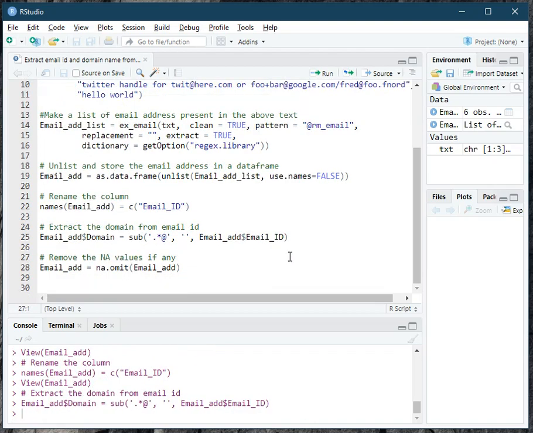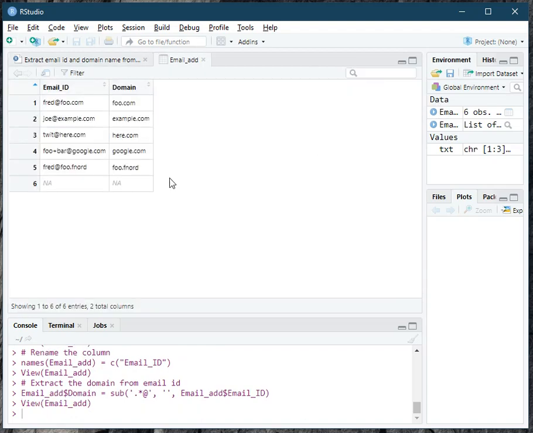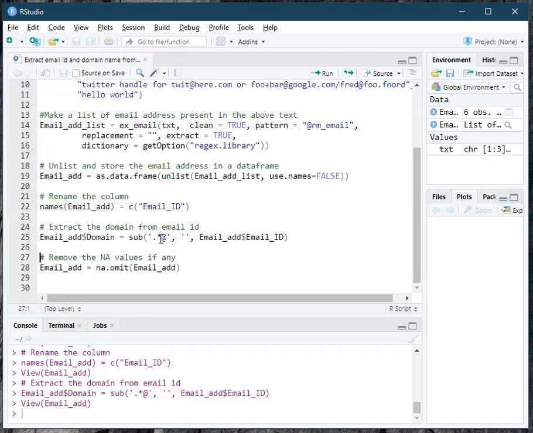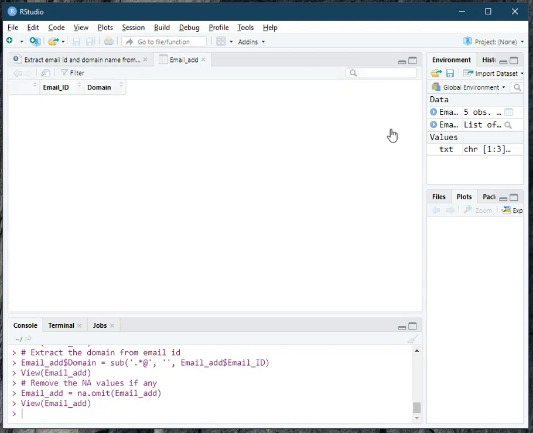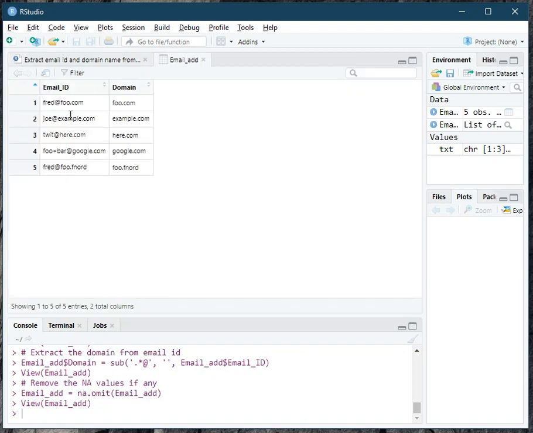Just press enter. So this has created a column called domain in your email add data frame, and I extracted the domain from the email ID. Now I will remove the NAs present in the data frame using na.omit, and this will now remove the NA, and there are only 5 rows present in this particular data frame.